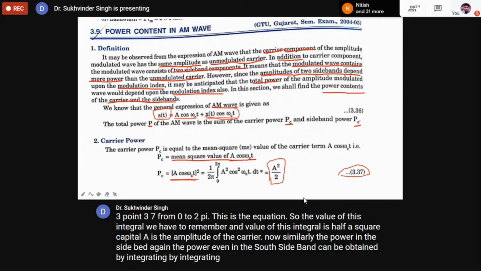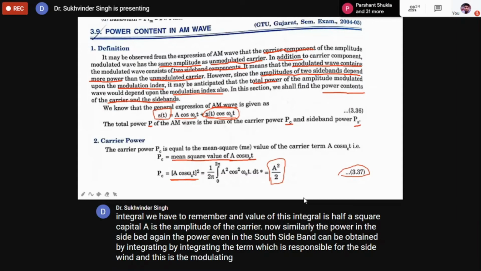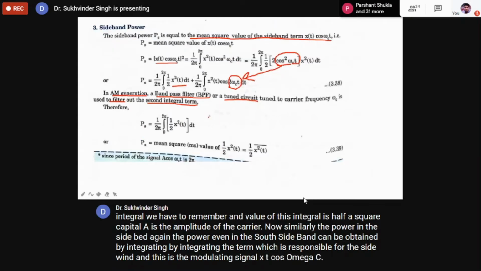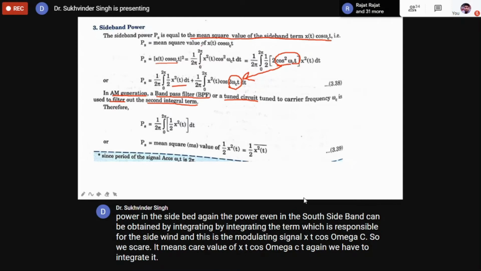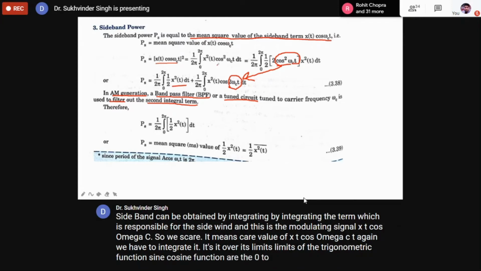the term which is responsible for the sideband, and this is the modulating signal x(t) cos omega ct. So we square it, the mean square value of x(t) cos omega ct. Again we have to integrate it over its limits. Limits of the trigonometric sine and cosine functions are 0 to 2 pi. So